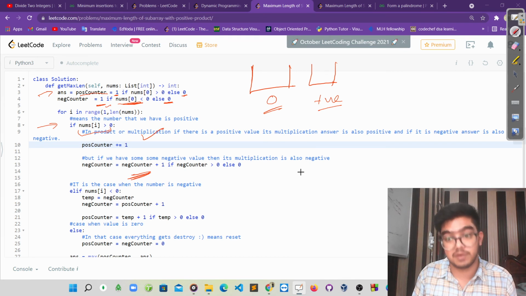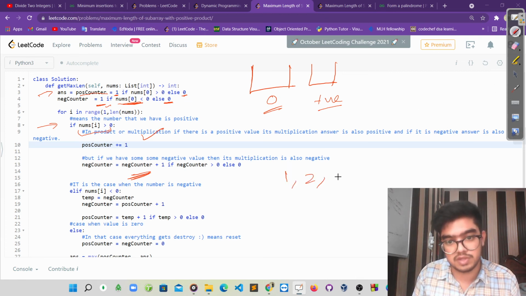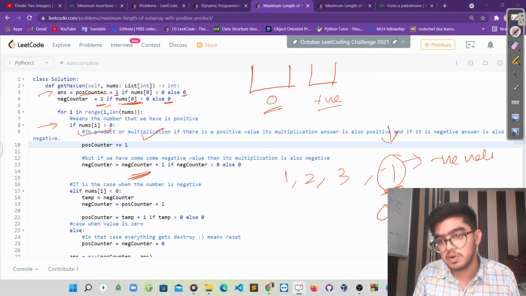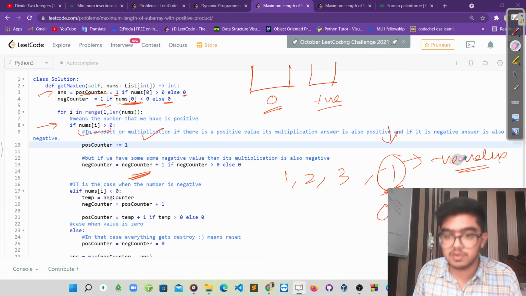Think in that way. Let's suppose there is 1, there is 2, there is 3, and you are getting -1 at this position. At this position your negative counter remains 0 because this single negative value doesn't make any positive value. That's why we don't consider it.